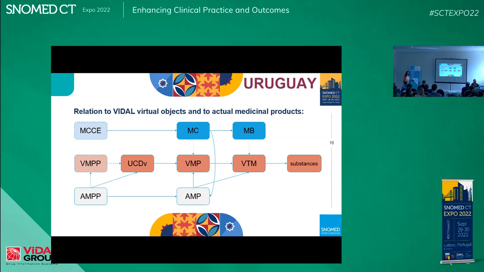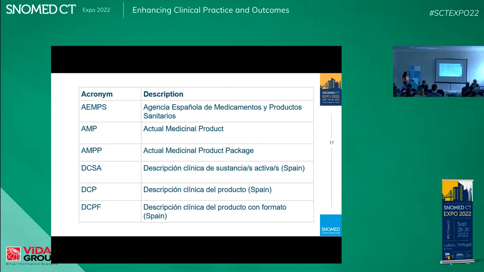Next slide, please. And here you have all the acronyms that I have used during the presentation because there are many of them. And just to mention that these mappings that we do from the virtual objects or the real world products to our